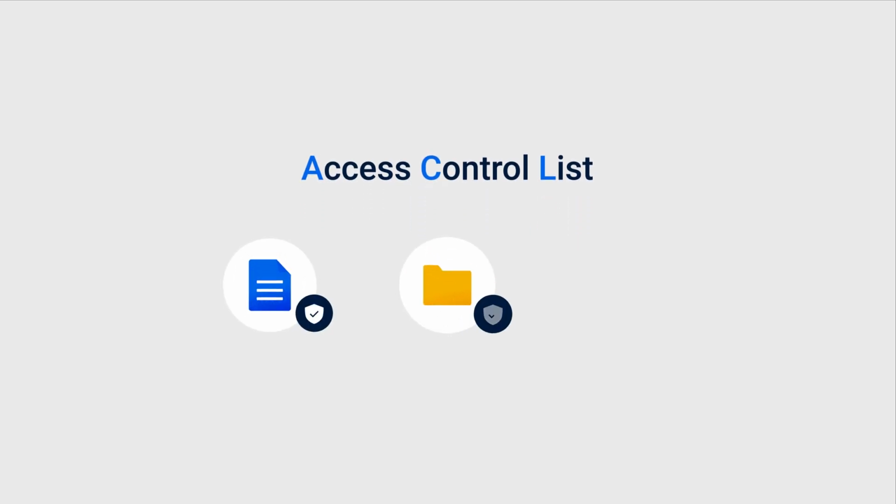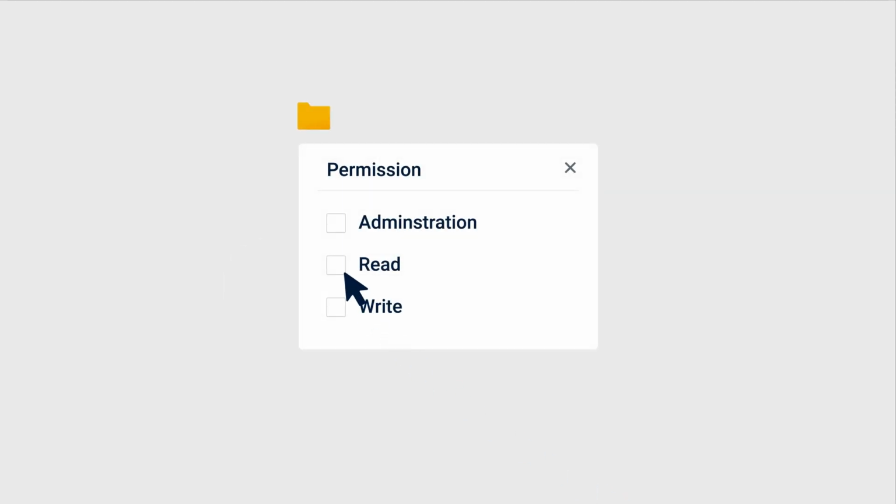ACL, or Access Control List, is a security mechanism used to set user access permissions for files, folders, or applications. In this demo, we'll use ACL to set access permissions for a shared folder. For DSM-5 and above, shared folder access permissions are based on Windows ACL by default. This lets you set permissions for a shared folder's subfolders and files right from File Station.